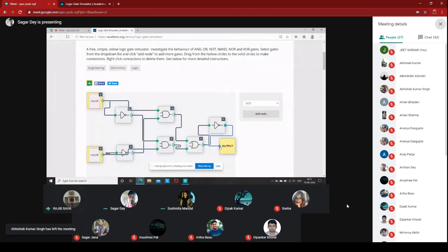So you can see that now when both the inputs are 1, the output becomes 1. Suppose you turn off both the inputs. Yes sir. Then also the output is 1. So that means it is basically the XNOR gate. Okay, XNOR. XNOR is the complement of XOR. So you can stop your sharing and I will explain something about XNOR and then we'll end the class. Okay sir.